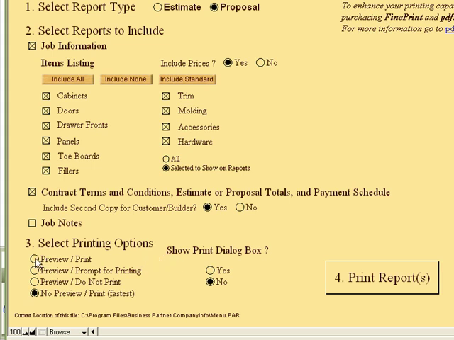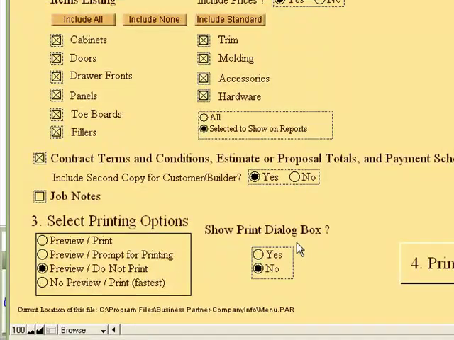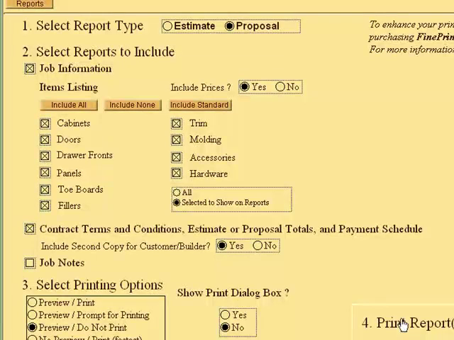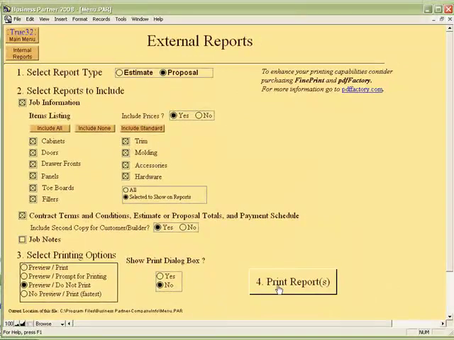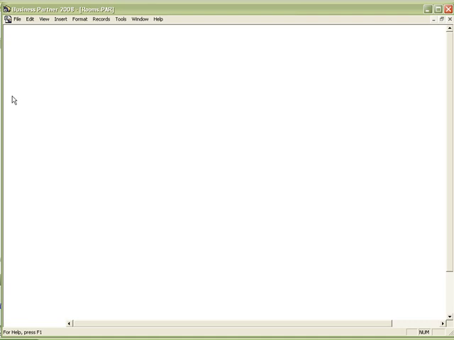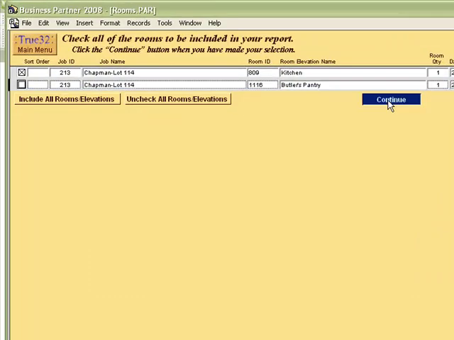So we're going to preview this and not print it, so all we're going to see is it on the screen. And we don't need a print dialog box because we're just going to preview it. So I'm going to say print report, and this one's going to be a proposal since that one has the longer conditions. And then we're going to pick our project, the sample job, Chapman Lot 114, and keep this simple. I'm going to go ahead and just do the kitchen only,